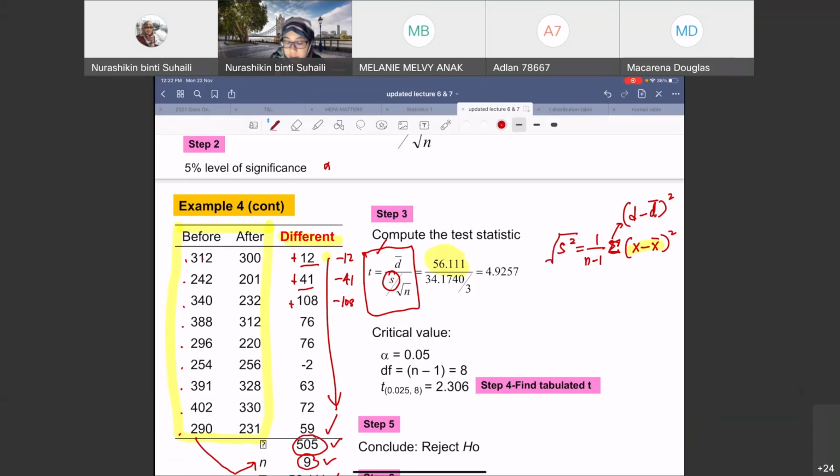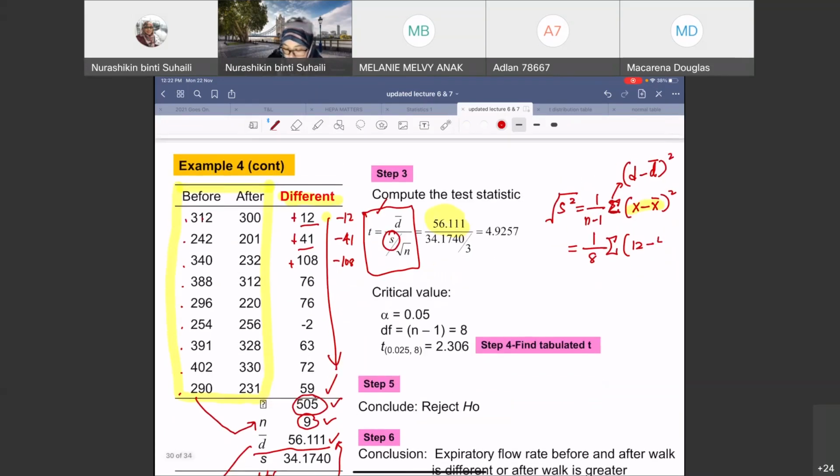You carilah ni square root ni. Okay, so how you gonna apply that? N is 9, okay? If let's say I want to solve this, 9 minus 1, 8, okay? And then this is the summation of, let's say 12. 12 minus D bar here is 56 point, and then you can create like a big bracket, okay? 12 minus, 12 is referring to each of this difference, which is the D. Okay, yang ini adalah D. Okay, 12 minus 56.11 square plus